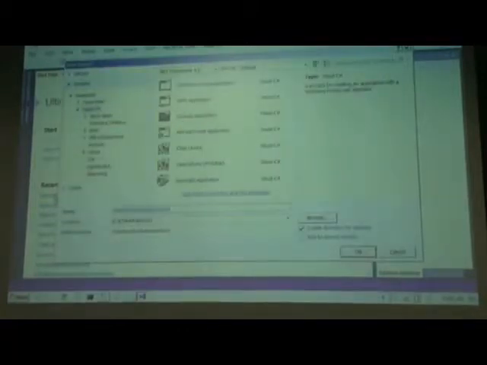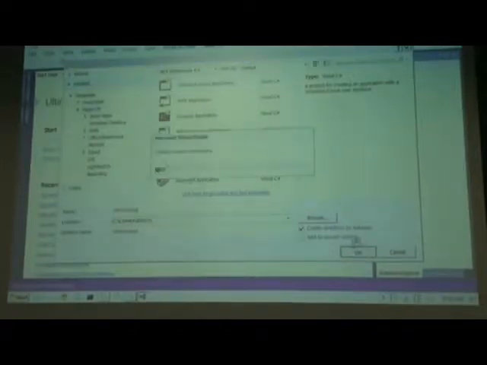Suppose this is OP overload project, and Windows Forms application C#. Okay, so once we click,